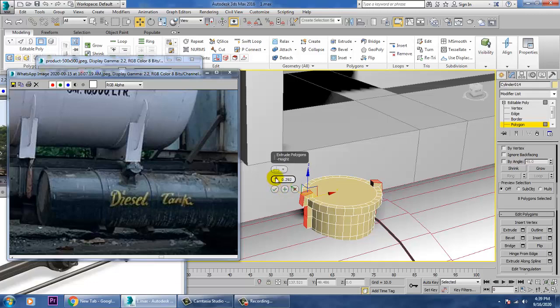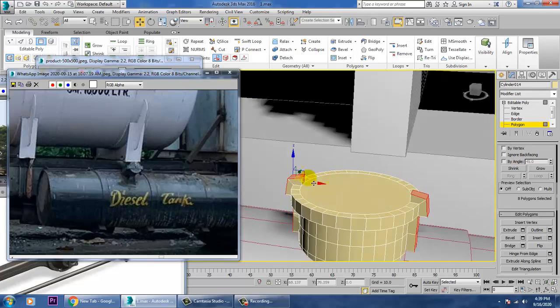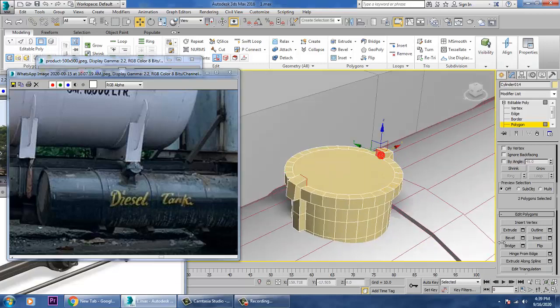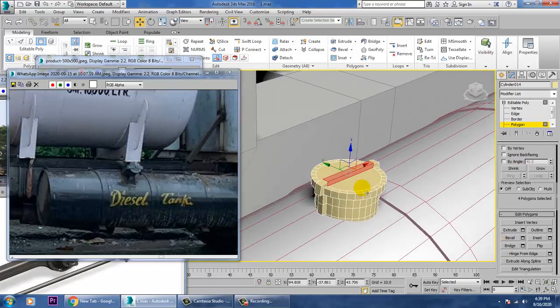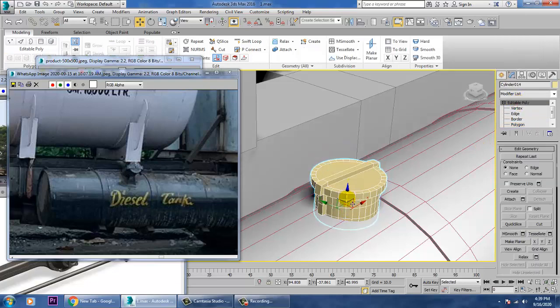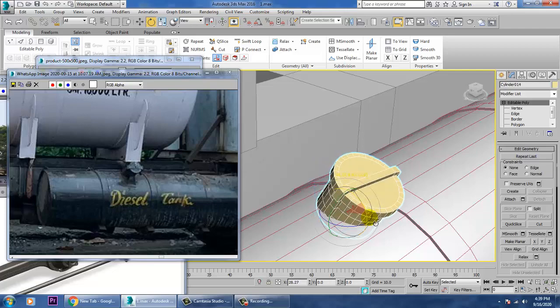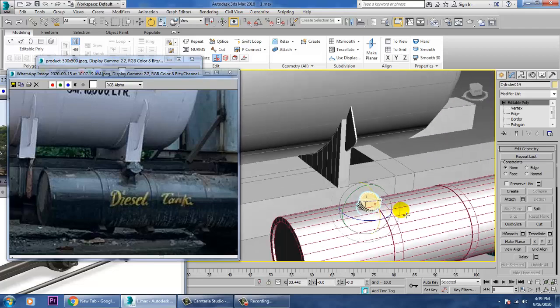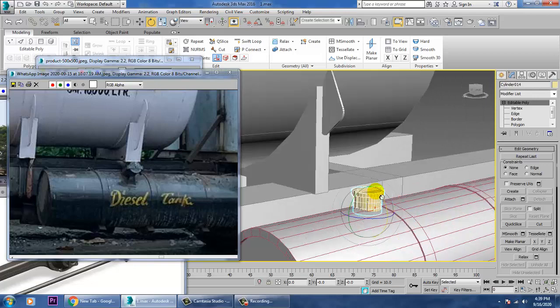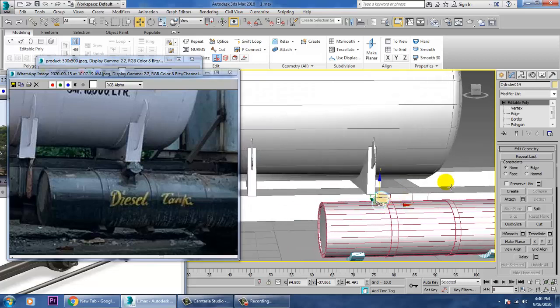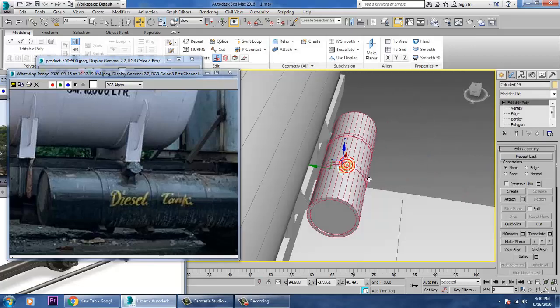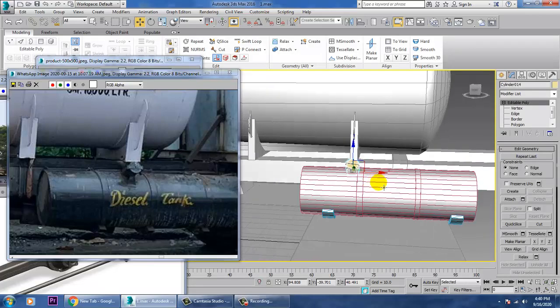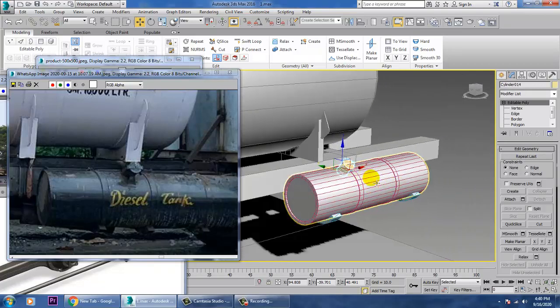Click OK and select this polygon and this polygon and give a bridge over here. That's it. So if you want, you can just scale it and you can rotate it in whatever axis you want. You can easily rotate this stuff over here. That's it. So once it's created over here, save your file again over here.